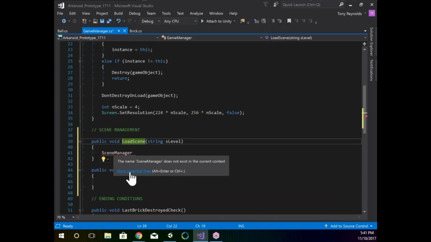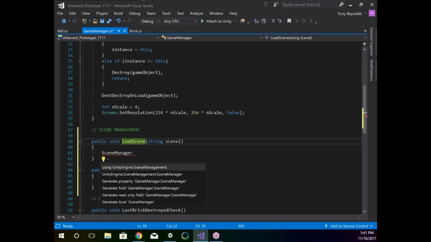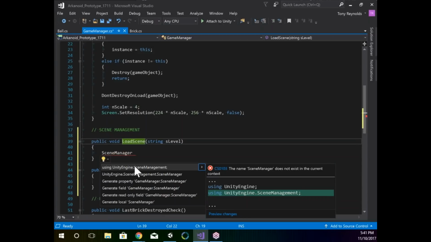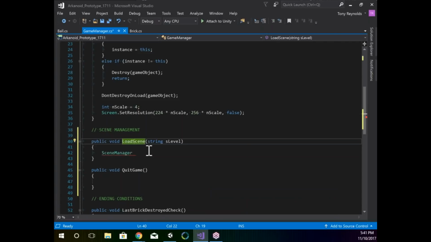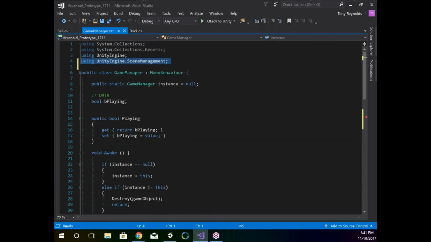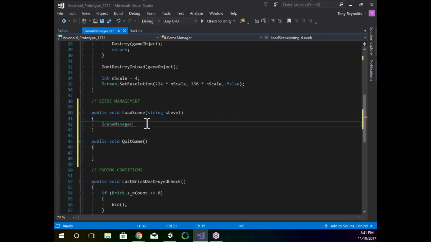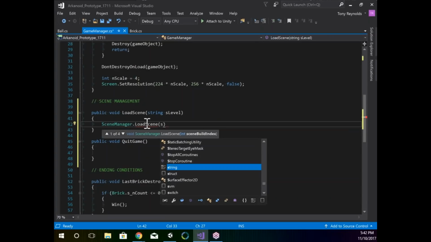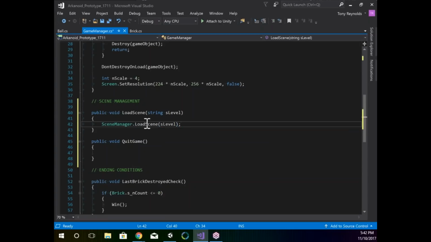So the potential fixes to resolve SceneManager, if I click right here, using UnityEngine.SceneManagement. So if I click that and scroll back up to the top real quick, you'll notice it added this line of code automatically for me. Okay. Back down here to SceneManager, I can do LoadScene, and I'm going to pass in the level that we just got in as a variable. Okay. Now, when it comes to QuitGame,